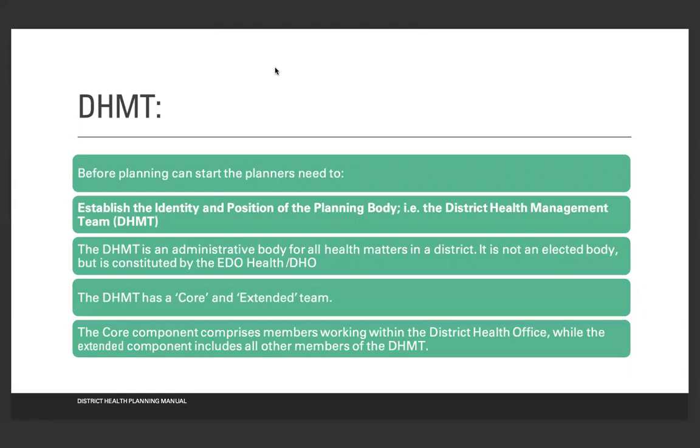Before planning can start, the planner needs to establish the identity and position of the planning body, the district health management team. The district health management team is the administrative body for all health matters in a district. It is not an elected body but is constituted by the EDO health. The DHMT has a core and extended team. The core component comprises members working within the district health office, while the extended component includes all other members of